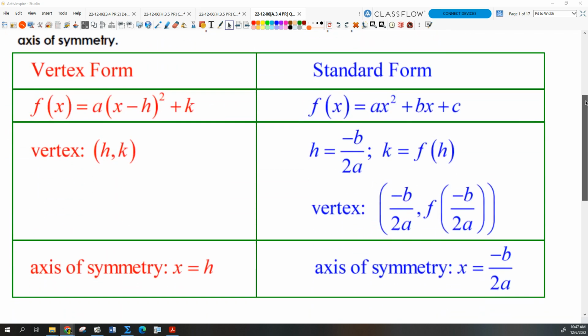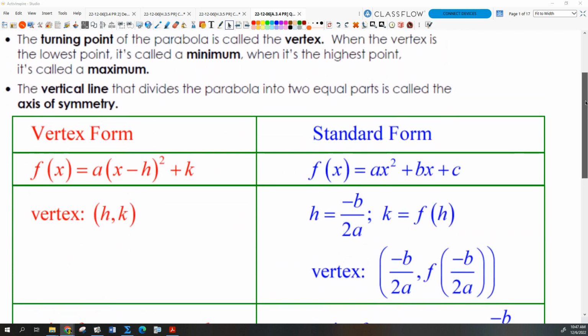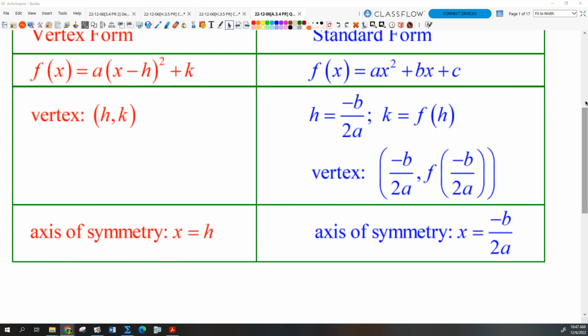And here's what we know about standard form. If we want to graph a quadratic function that starts off in standard form, what we really need to do is calculate the same information that we used in vertex form. We already know what a is, which is going to give us the shape of the parabola, right? Whether it's been stretched or compressed vertically, and maybe it's been reflected, flipped upside down if it's negative. But we need to know the coordinates of the vertex. And to do that, we've got